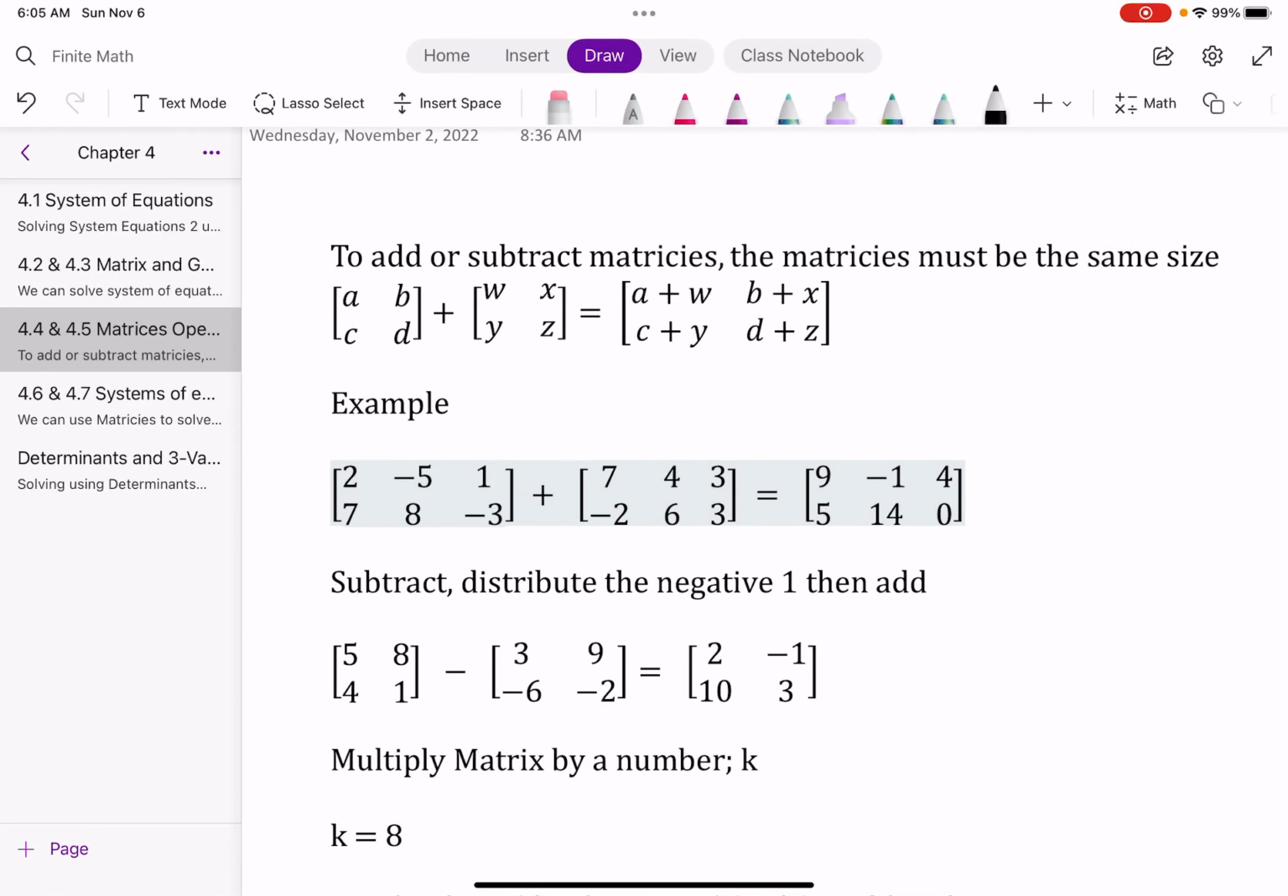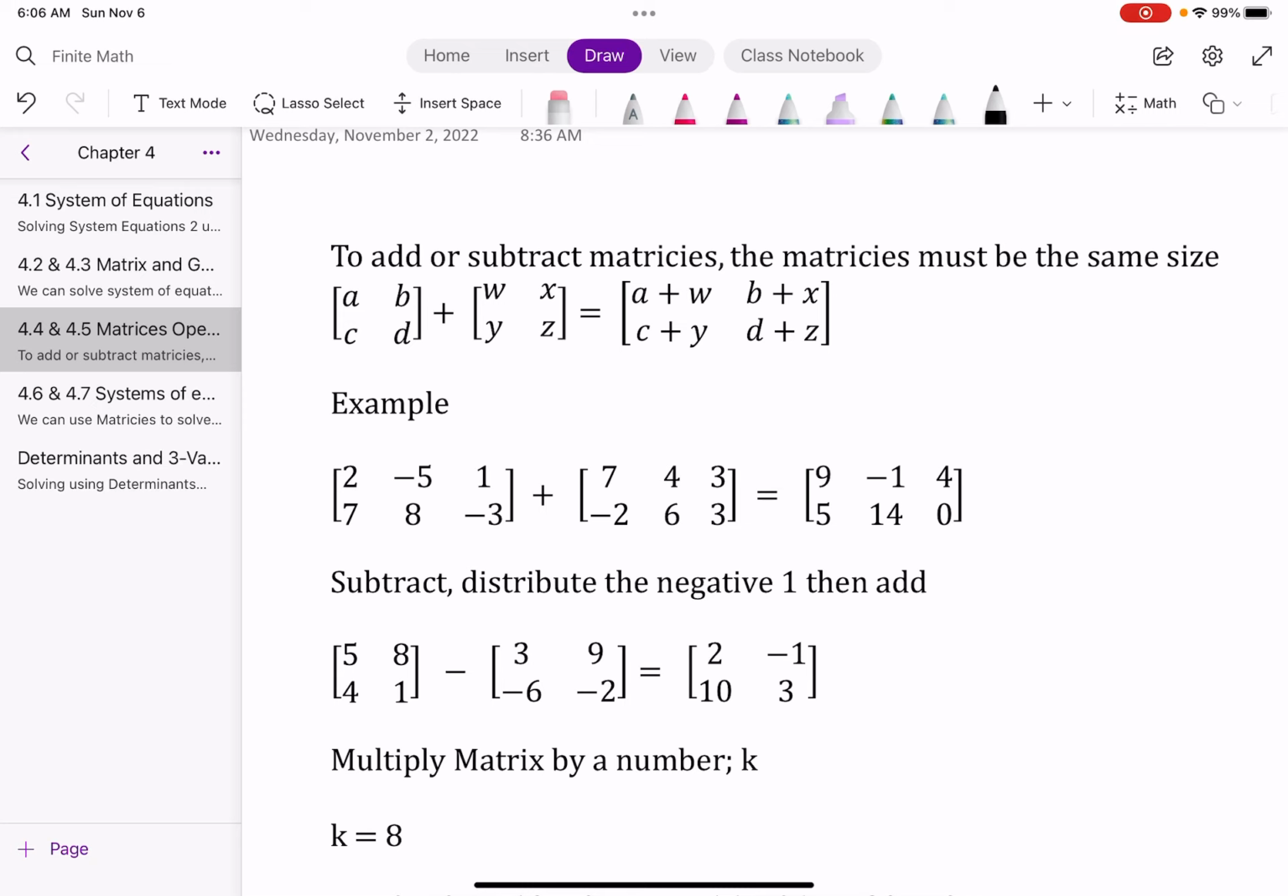All right, in this video, we're going to talk about basic operations of matrices and also the inverse matrix. To add or subtract, the matrices must be of the same size. So you can see here, I have a square 2 by 2. I'm adding to another square 2 by 2, so it is allowed. So for example, if we